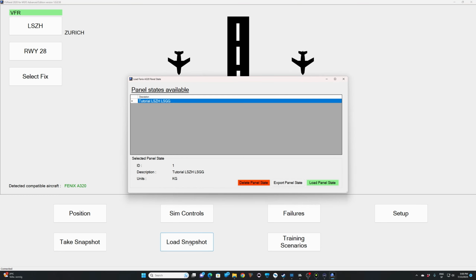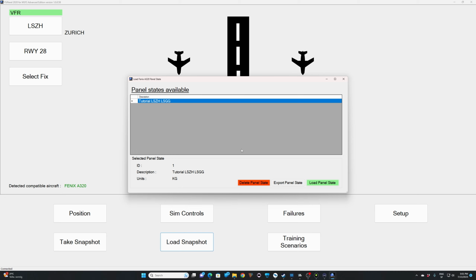When you do that, you get a list of your snapshots. Important to remember here that only snapshots that are saved for the airport where the aircraft is standing will display. This is to avoid having a lot of snapshots in the list. So if you load your aircraft in Zurich like now and you have a snapshot in Zurich, then it will show up. As well, it is a parked snapshot. The aircraft was parked, engine off. So if you have a snapshot where the aircraft is supposed to be engine running, then they will not be shown as well, just to save some space